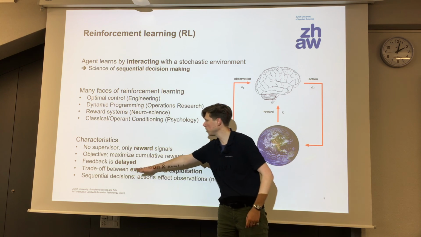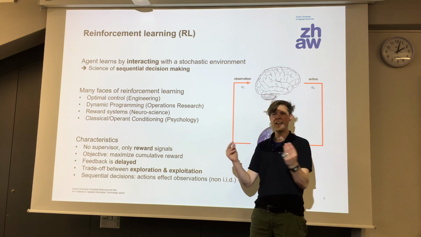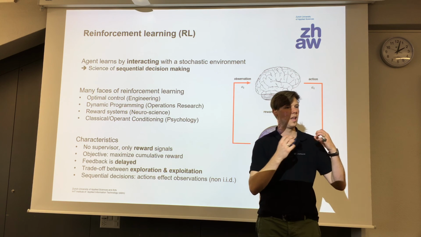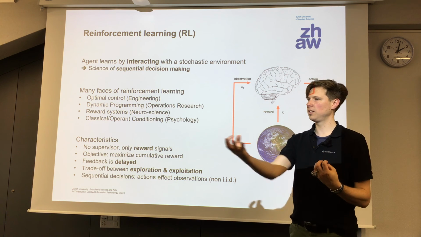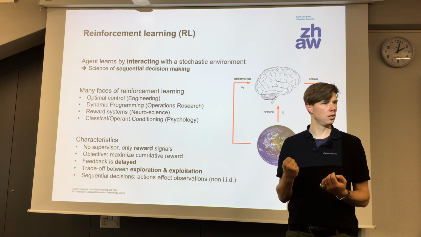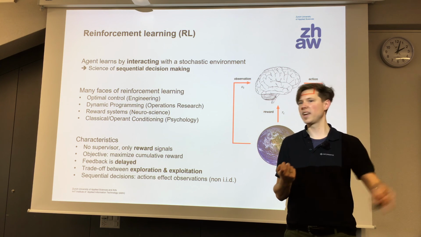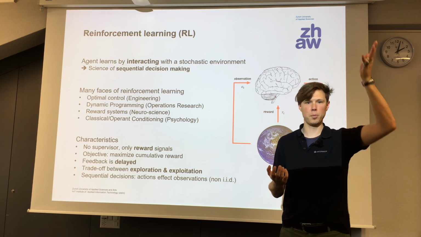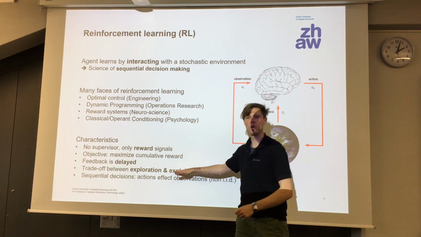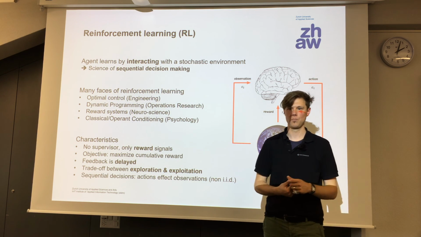So in reinforcement learning, you usually have the problem of having a trade-off between exploring new actions and seeing the feedback of the environment. What observations do I get then? Do I get a reward then, a positive or a negative one? And exploitation, doing what you have already learned.